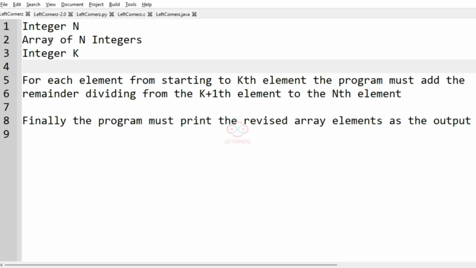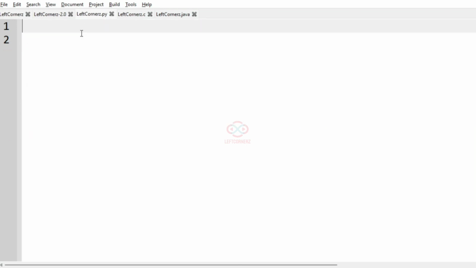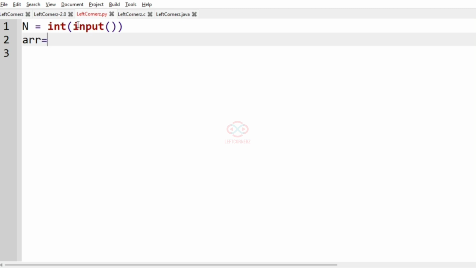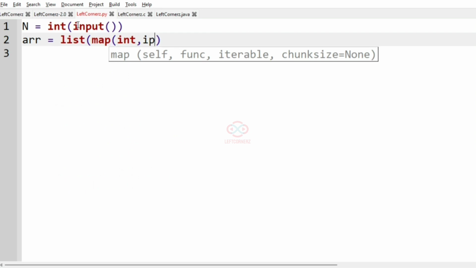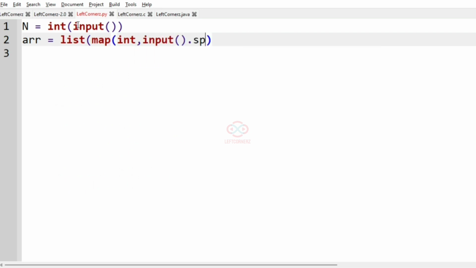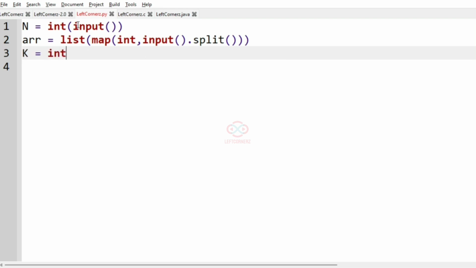So now let's see how to solve this program. So first we'll get our integer n, and then we'll get the array using list of map of int, input dot split, and then we'll get the kth element,